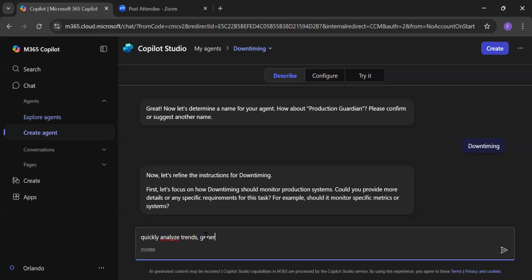We can also tell it to generate informative charts, determine hours of downtime, and calculate the average production per hour.